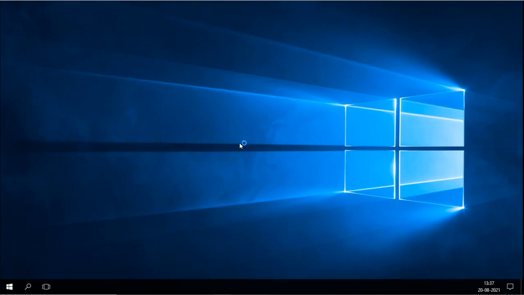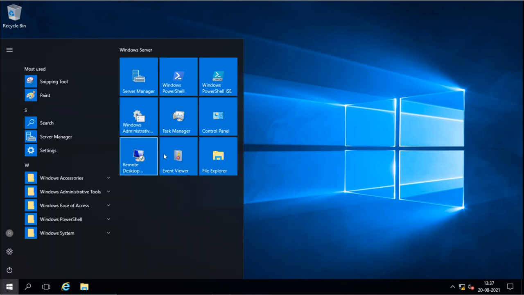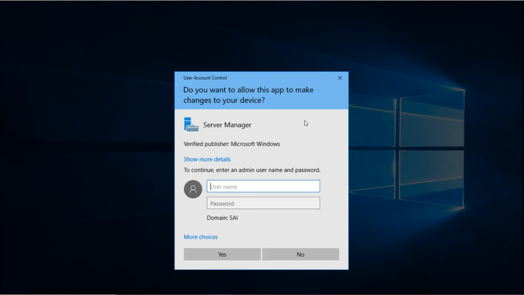Now it can log in here on the domain controller because we have added that user into the Backup Operators group. Now it wants to manage that OU, so it will open the Server Manager, because it is on the domain controller.